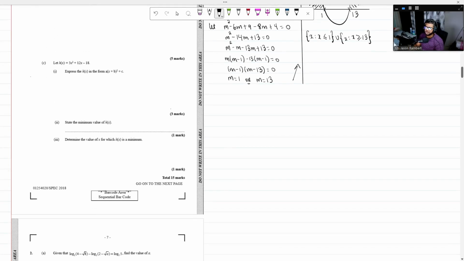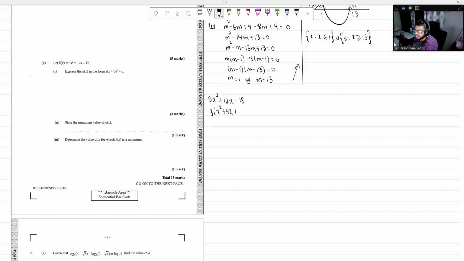Express this in the form a into x plus b squared plus c. So we're going to have 3x squared plus 12x minus 18. You can actually complete the square in one beautiful line. So the beautiful line is, I will factorize the x terms. So I'll have 3 open brackets x squared plus 4x